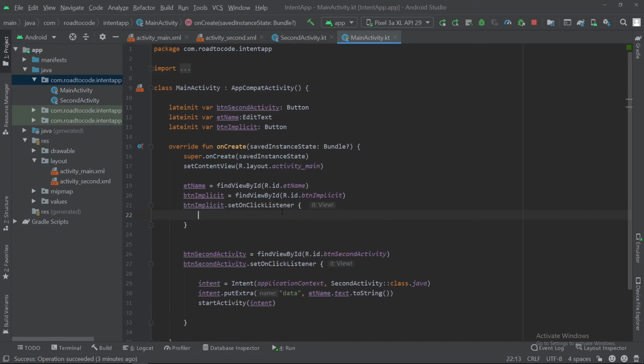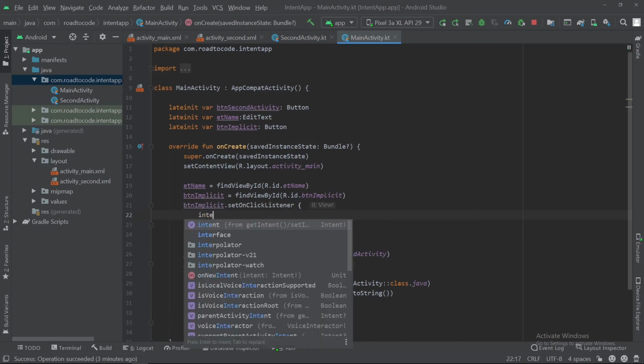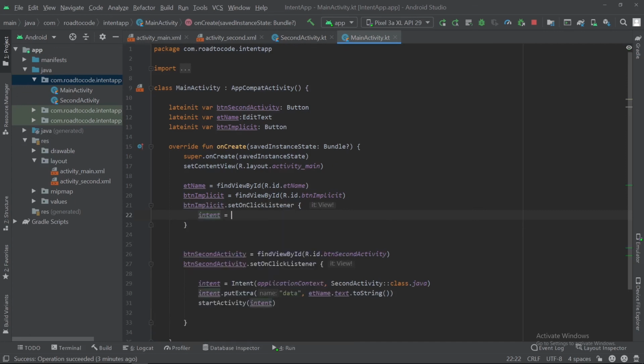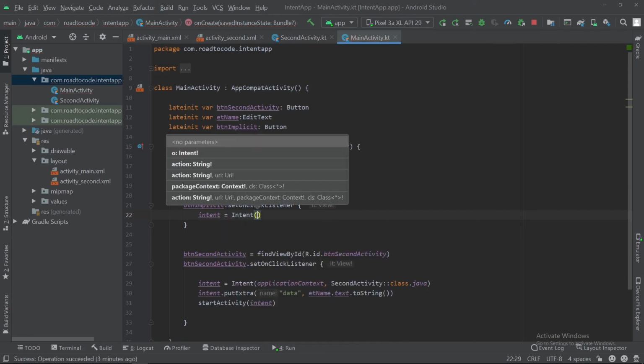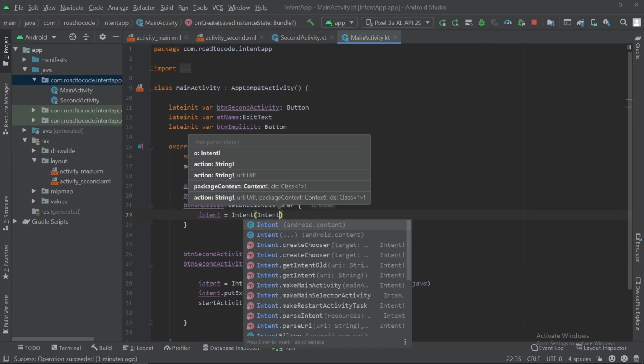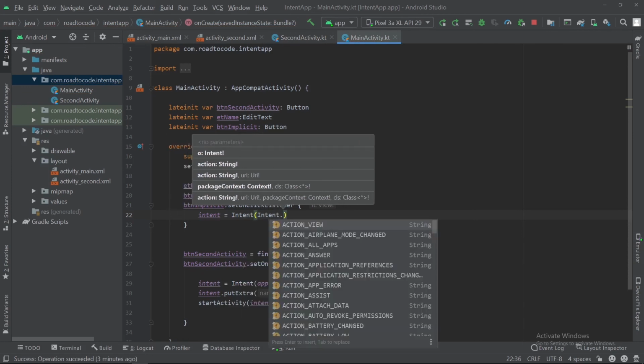So when the user clicks on the implicit button, at that time we will create a new intent like this: Intent, it is a constructor in which we will pass. Now keep it in mind, we are creating an implicit intent.